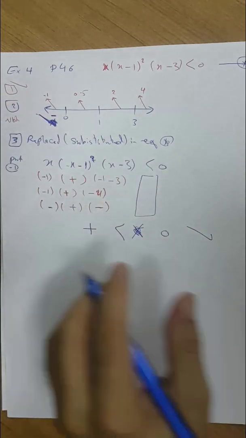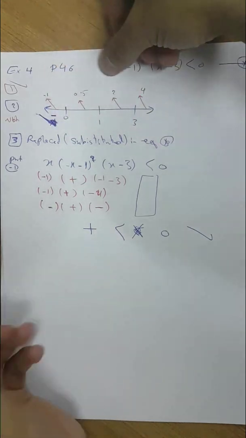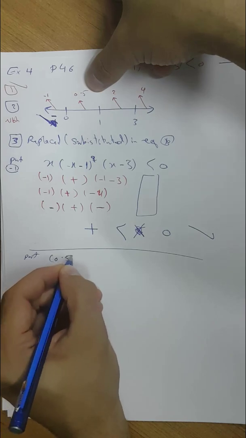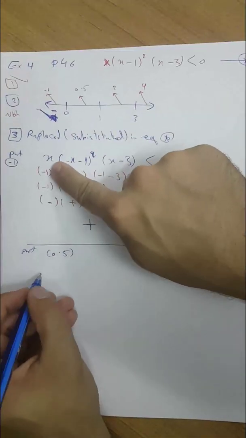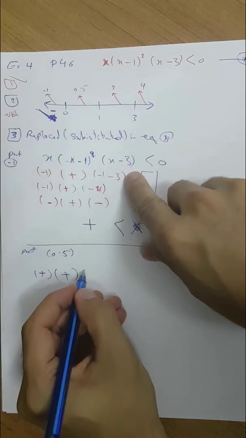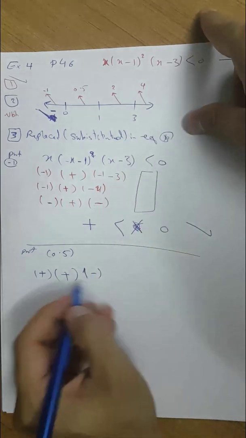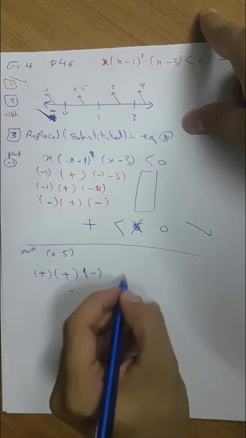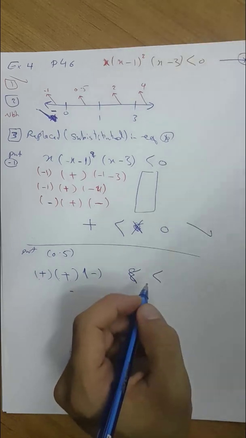Okay. How about this region, this location between 0 and 1? Put 0.5 in the equation star. Again, do it. Now I'll put 0.5 here. I'll get positive. As I told you, positive. 0.5 negative. So I got what? 0.5 minus 3 negative. I got positive by positive, positive. Positive, negative, negative. So I got negative, which is less, also less than,